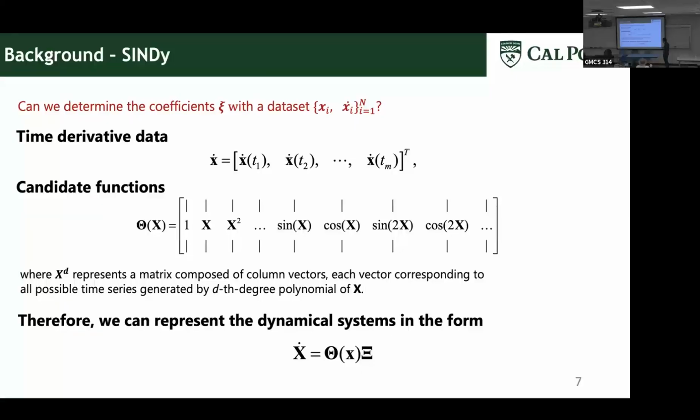The notation here is a little bit different. I do a lot of programming, so sometimes I say syntax, but I should say notation here. Because this is all for data, the notation is slightly different, but we are still using this collection. This data matrix is our candidate functions, and it will be a big data matrix of numerical values, and this capital C is the coefficient matrix we want to solve for, and based on our assumption, this C is going to be sparse. We only have a few non-zero terms here.